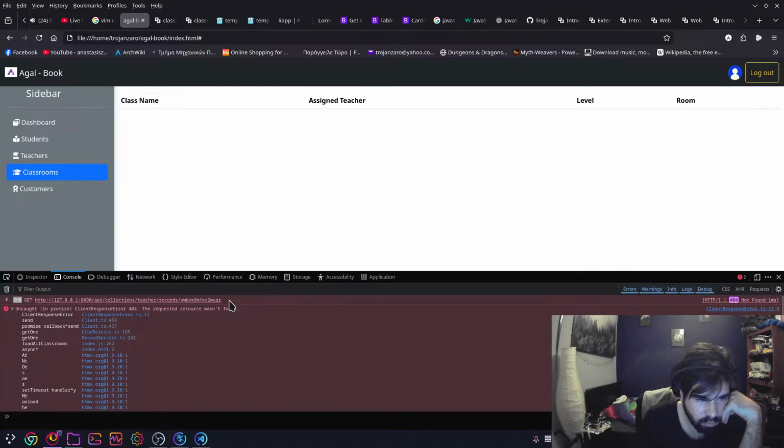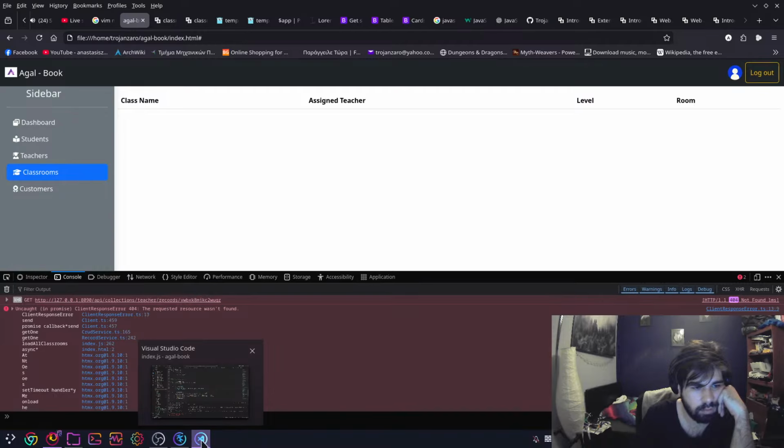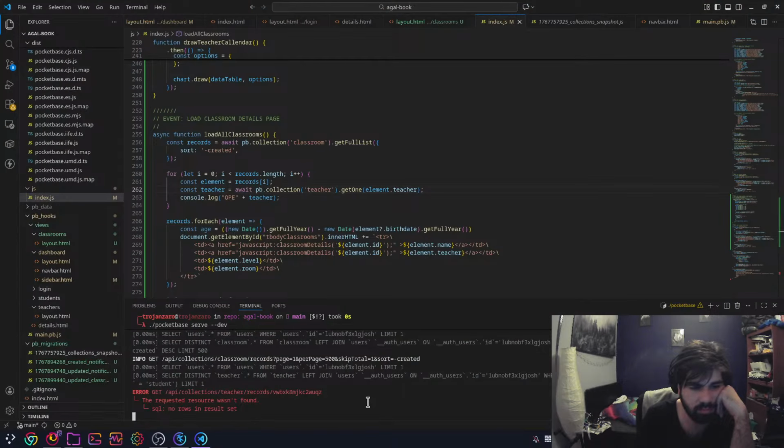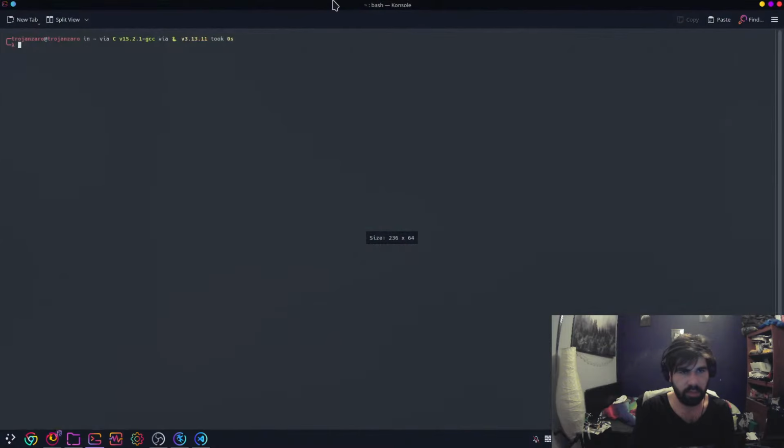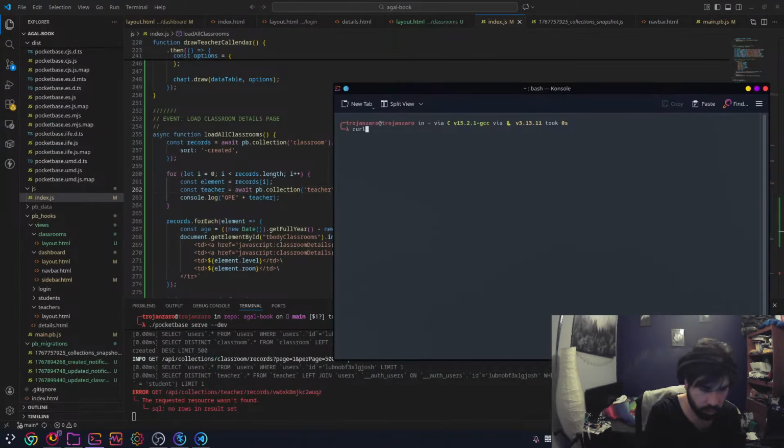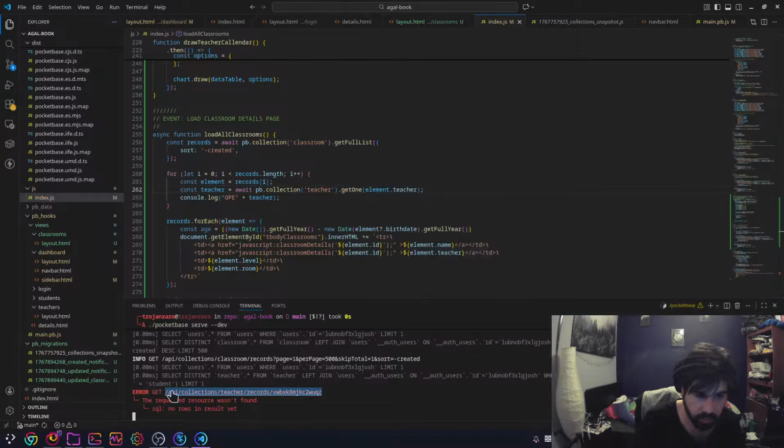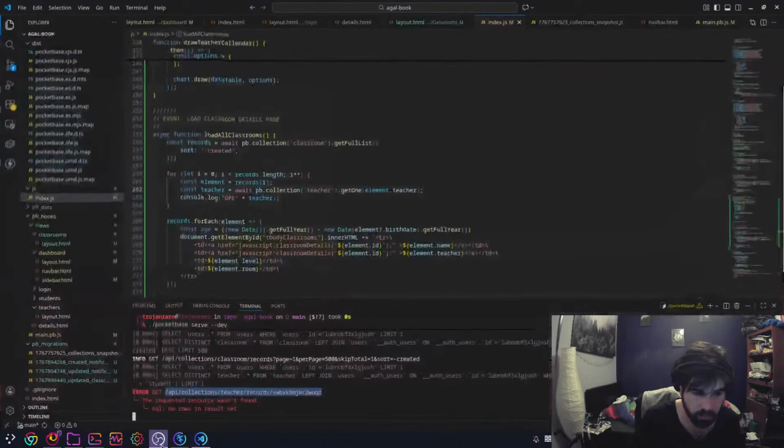Now it still won't find it. It still won't find it. How is that possible? Why is that possible? The stupid part is that normally, if I do a curl... what's this thing?